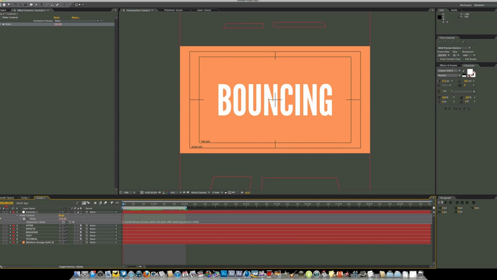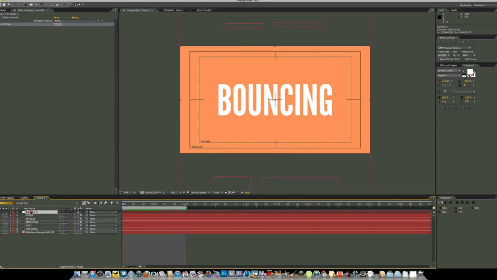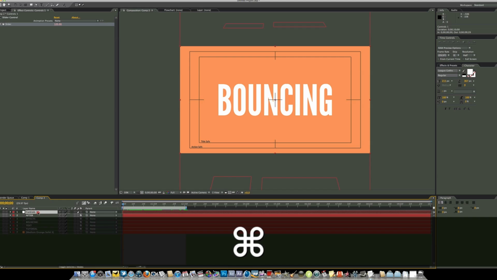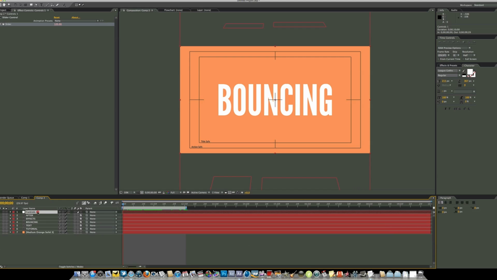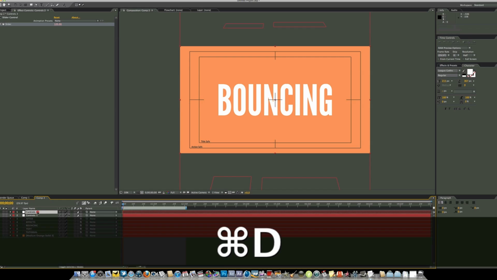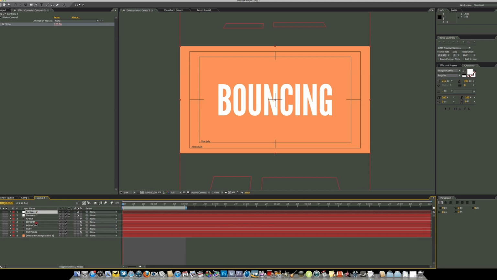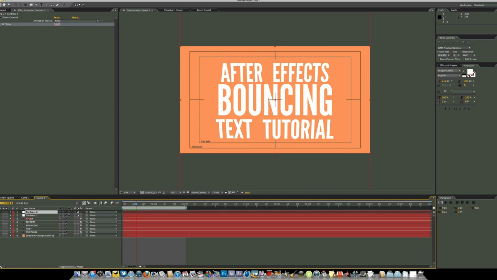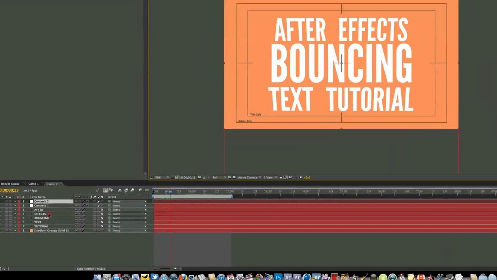So to do that, all we have to do is duplicate our controls, so Command D or Control D if you're on a Windows computer. And now we've got Controls 2. So I want the effects and the text to come in at a different time to the after and the tutorial. So to do that, all we have to do is select Effects,